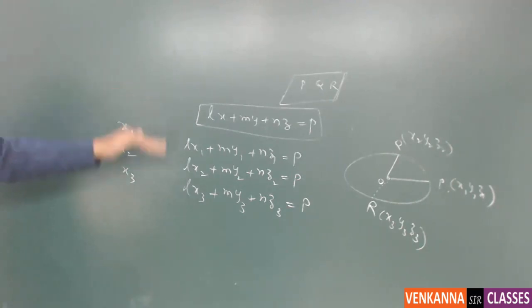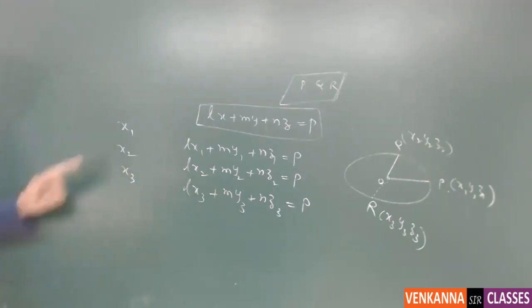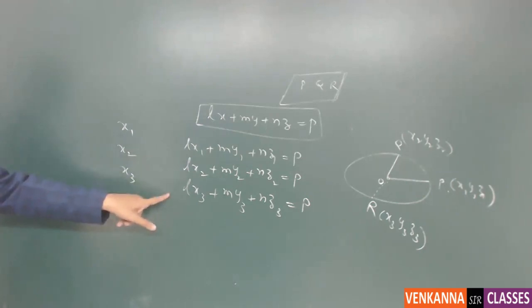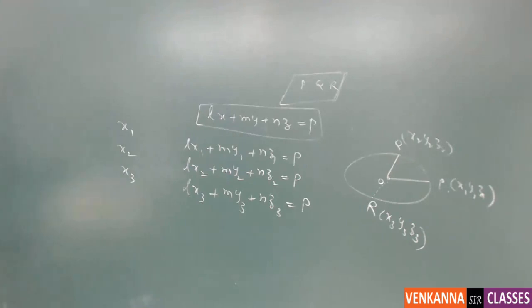Then I am going to add them up. What happens if you multiply the first equation with x1, second with x2, third with x3, and add? You will get the respective value as